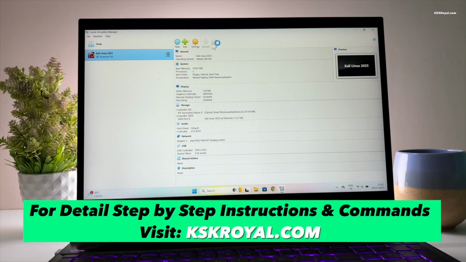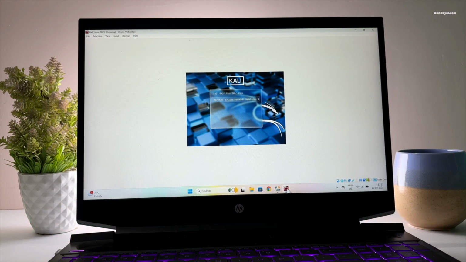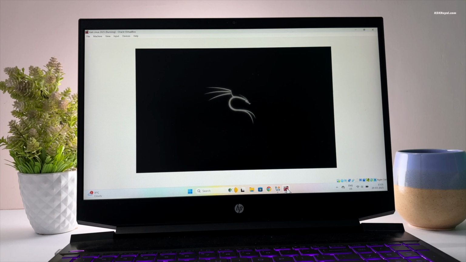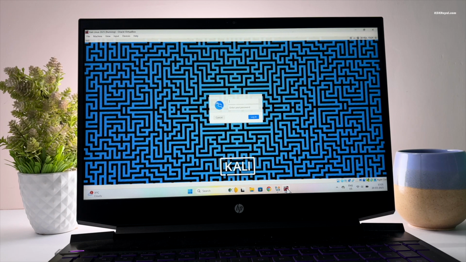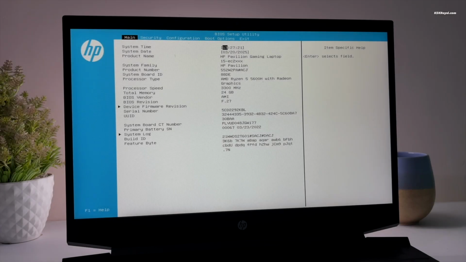Since we are installing Kali Linux in a VirtualBox, make sure hardware virtualization is enabled on your PC or laptop. This feature is usually enabled by default, allowing you to run and test any OS in a virtual environment. If it's not enabled, check your BIOS settings and enable hardware virtualization.